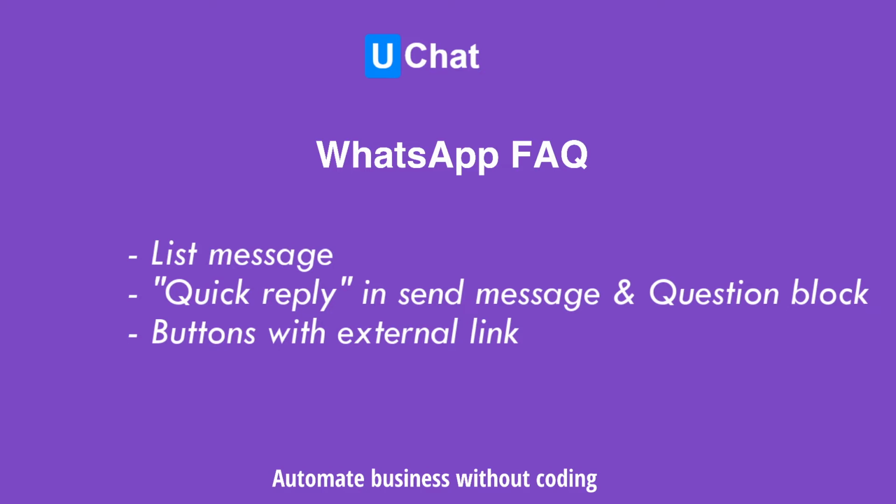The last one, buttons with an external website URL. In the flow builder, you can send a message with a button, and you can link the button to open a website URL. You can put your URL there. And you have to understand that WhatsApp only supports buttons with an external website URL in template messages. So you either use a template message to send a message with a button linking to an external website URL,